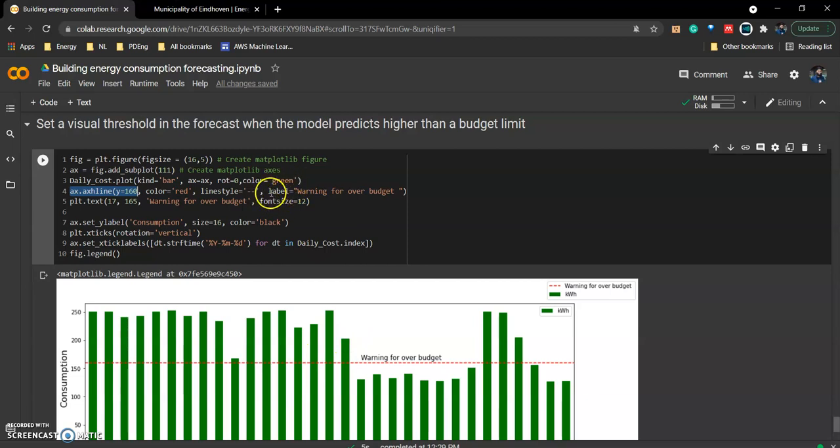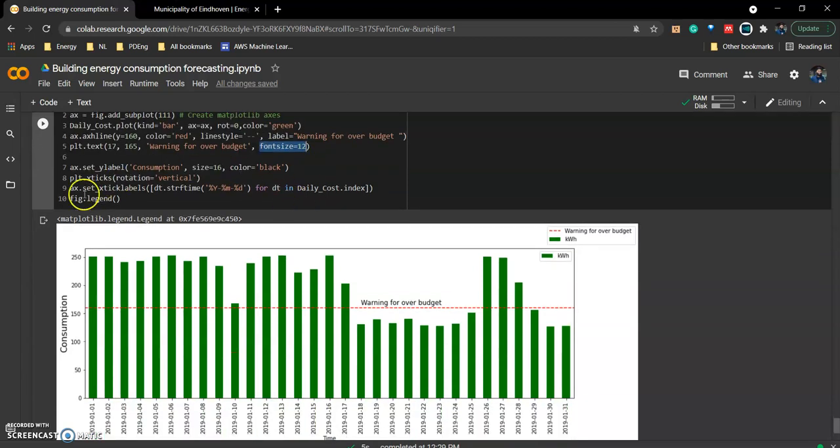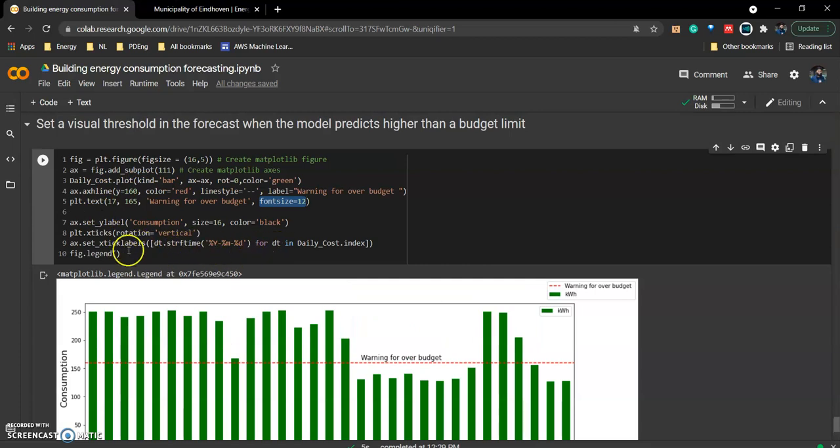So we set a label warning for over budget, and the location will be around 180, and we set the plot text, that is the location of the text, and we also define the font size, and these are the lines of the code for